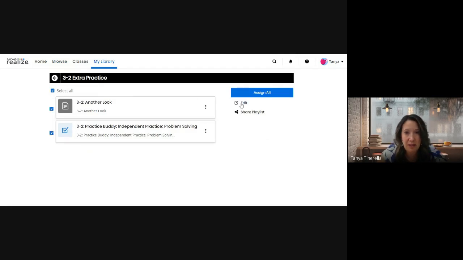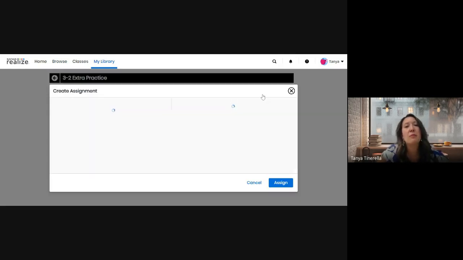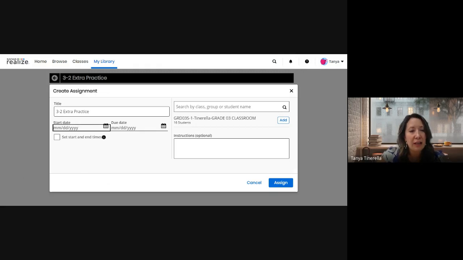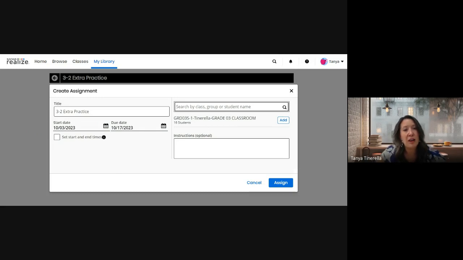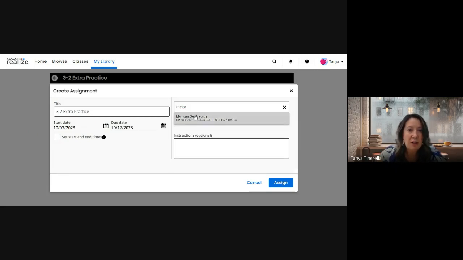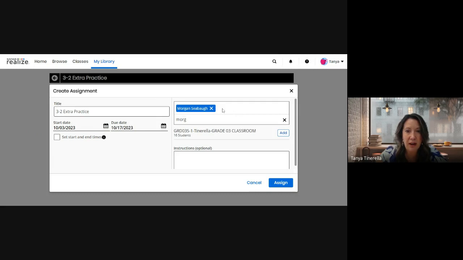This time I'm going to select all, assign all. But when I'm in here, I'm going to assign this starting for tomorrow for those kiddos. I'm going to give them about 2 weeks to work on it. But in this case, I'm going to select specific students that I would want to work on this particular skill. So I'm just going to randomly pick a few names from students in my class, and I'll go back and change this later. Maybe I noticed this student, and